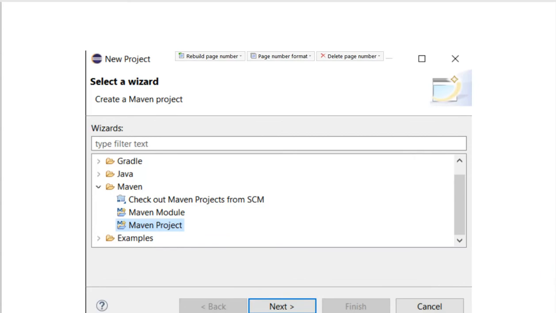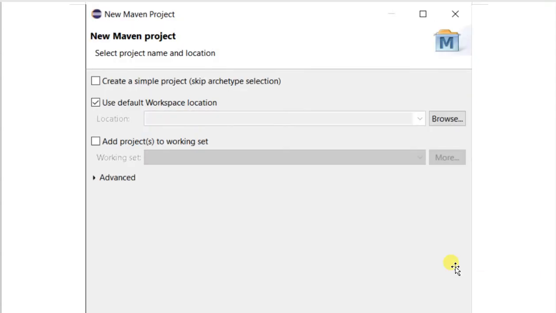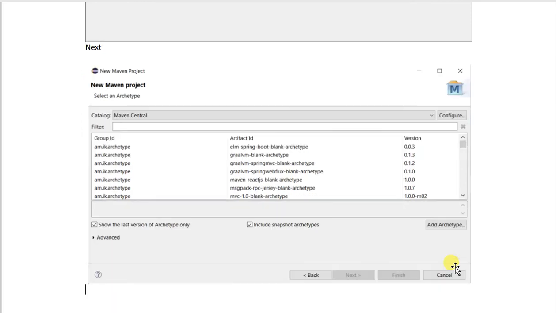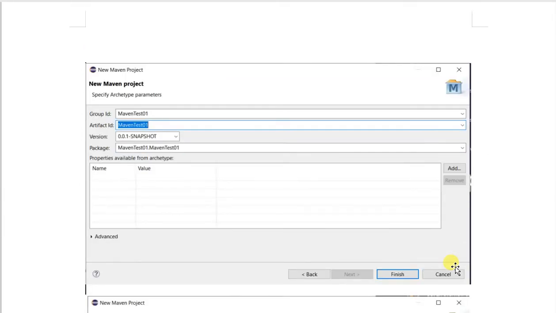Then we click on next, and here we should not make any changes. We click on next again. In the third step also we should not do anything, just click on next. In the fourth step it will ask us to provide the group ID, artifact ID, version number and package. We should give the required details properly and click on finish. This is the last step.